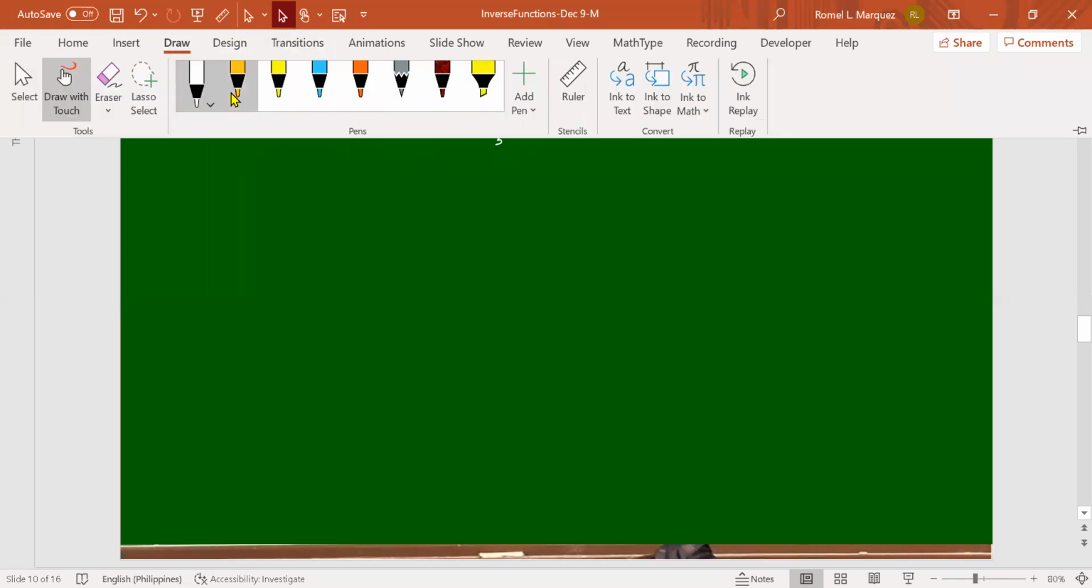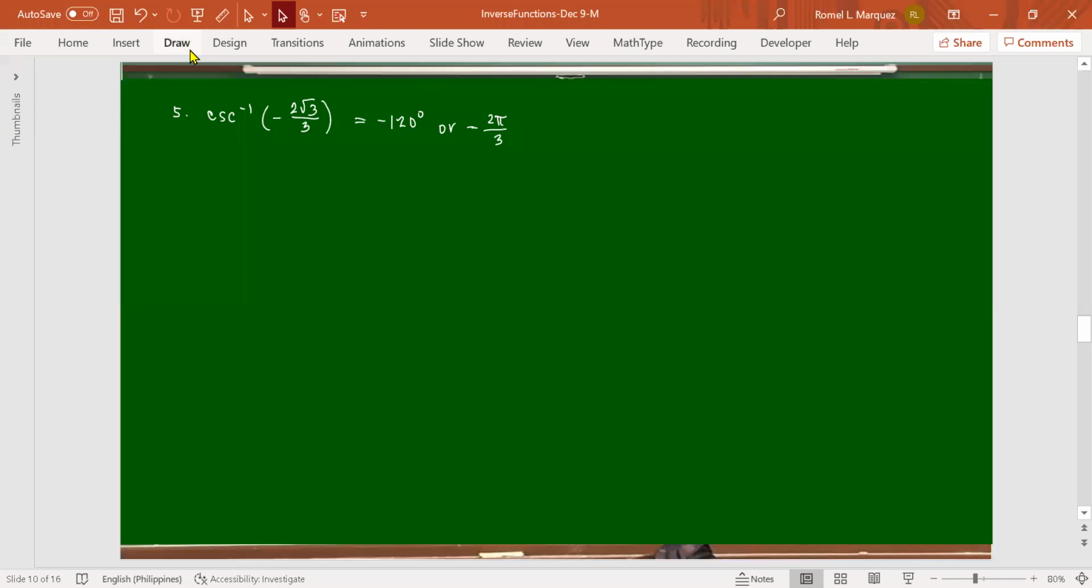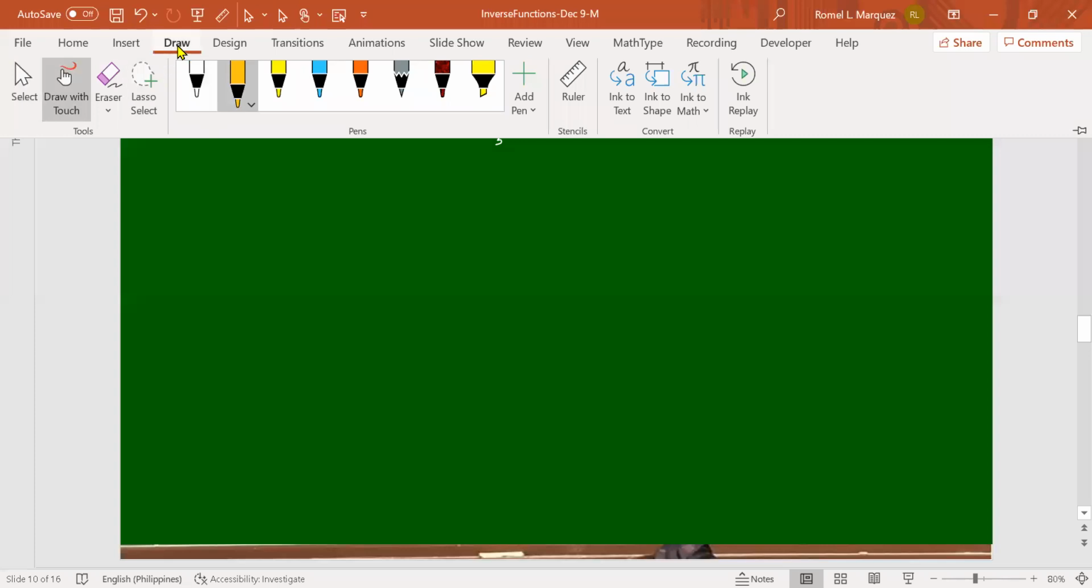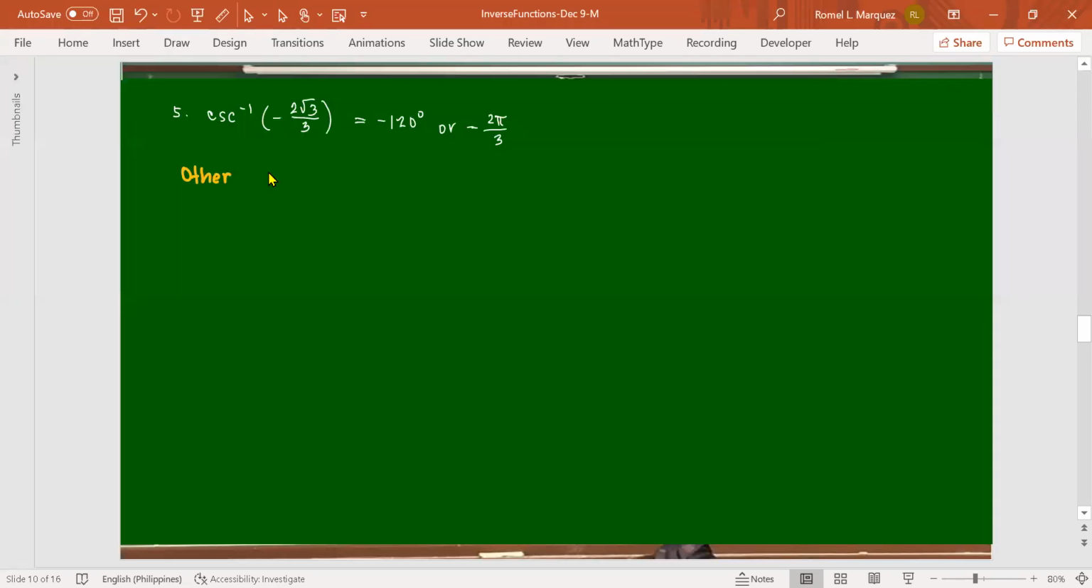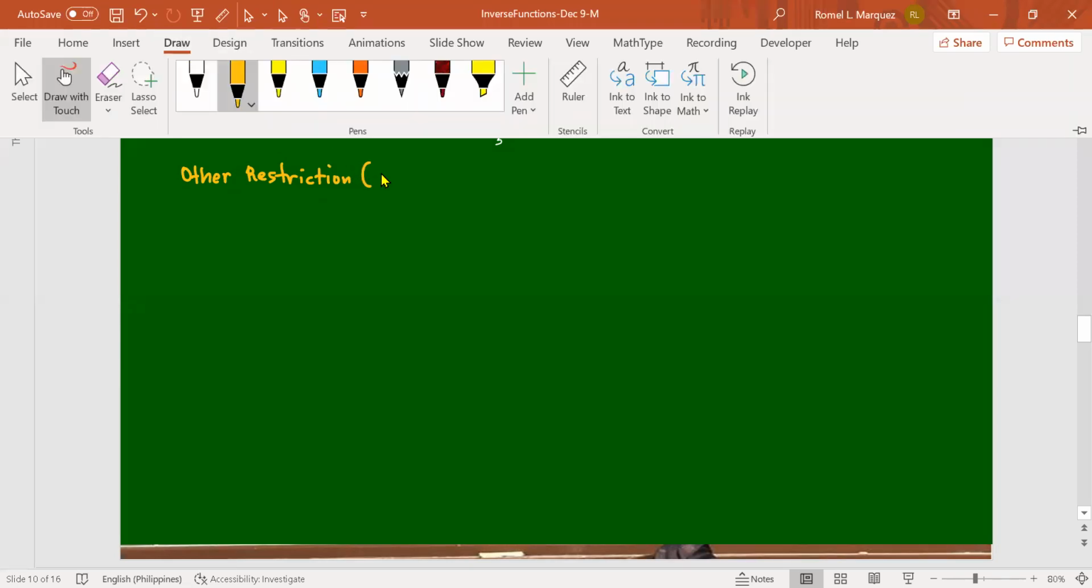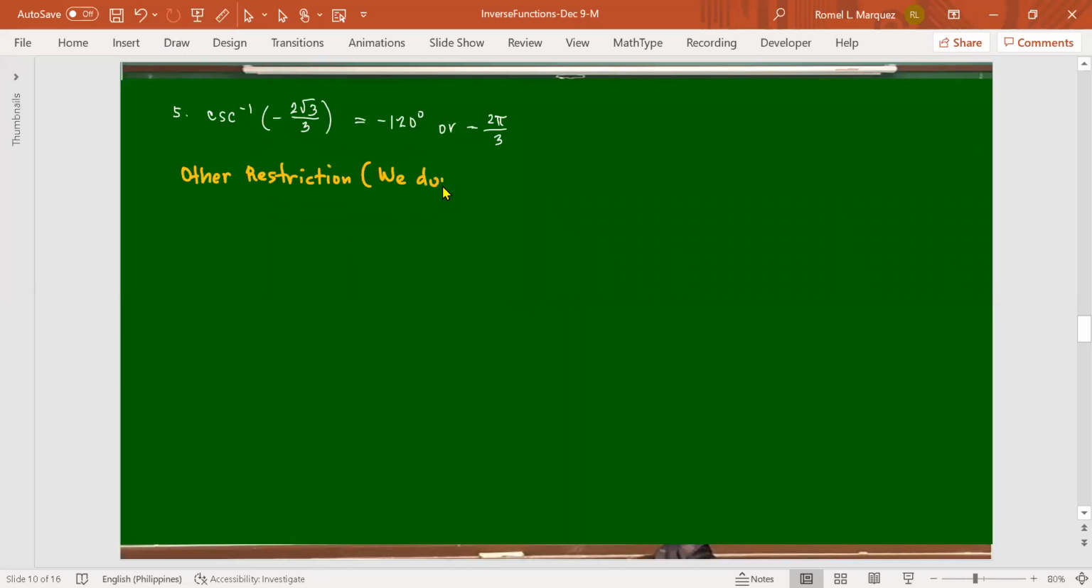So the other version of this, let me explain to you. The other restriction. But we're not going to use this. This is not what we consider. I will just explain to you why we don't consider this. It is not what we adopt. Other restriction. We have,